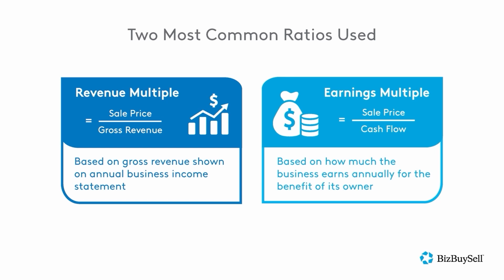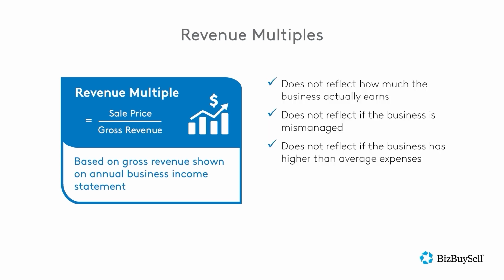Two of the most common ratios used are revenue multiples, often referred to as sales multiples, and earnings multiples. Revenue multiples are based on the gross revenue shown on the annual business income statement. They involve a fixed figure, and therefore some experts feel applying a multiple to annual gross revenue is the most